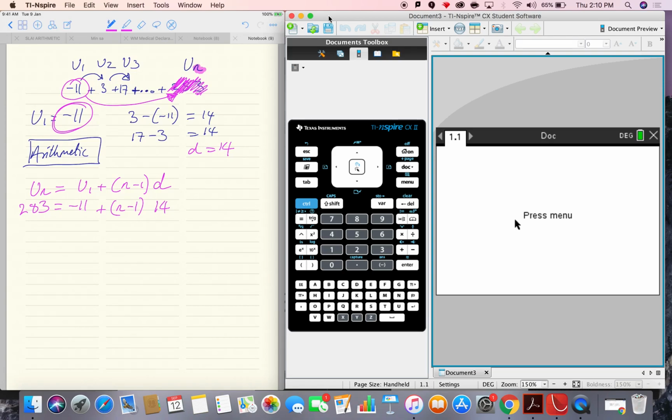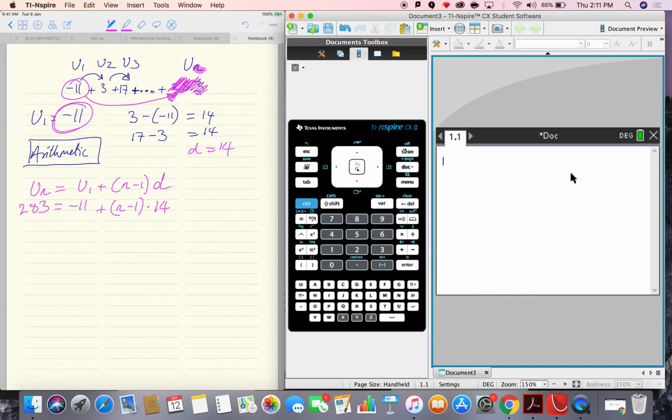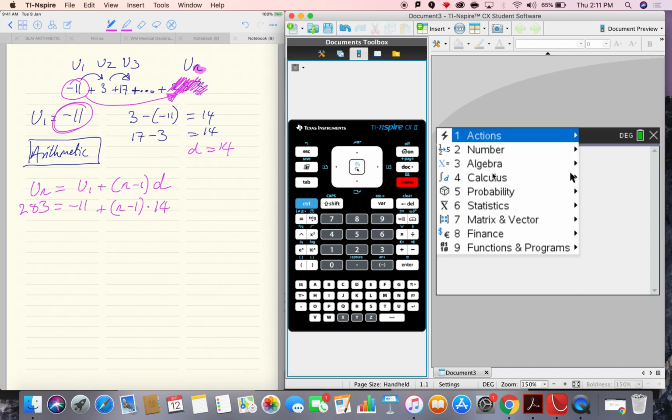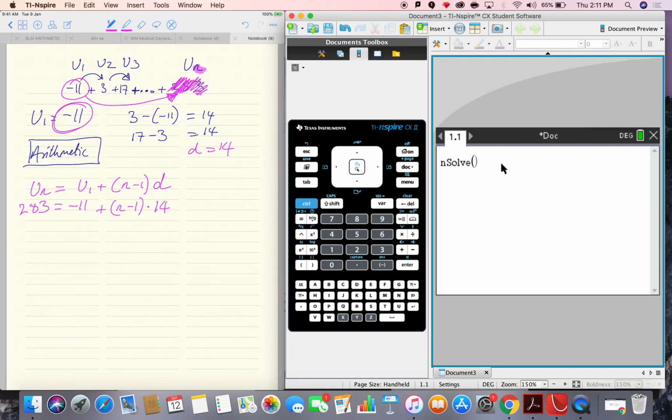So we've got this lovely thing here, and you can do some algebra and expand it and play with it, but we're going to reach straight to the calculator. Insert calculator. All right, so menu, and then we're going to the magic of the algebra and the numerical solve. We're just going to type in that exact equation, 283. It can be either way around, 283 equals, or the other way around. And it's going to be negative 11. The negative button is here underneath the 3. Negative 11